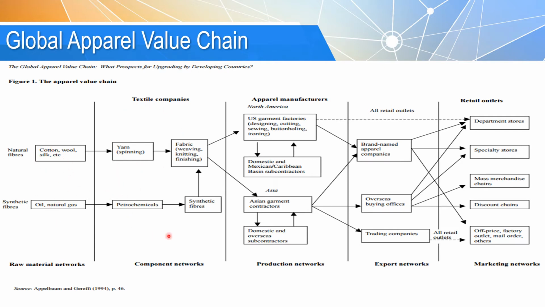Okay, and then we send it to the production area. Okay, and then we produce the product for North America, Asia. Okay, and then outbound logistics, it will be sent to branded name apparel companies, to overseas buying offices and trading companies, and then also the sales and marketing process. Okay,